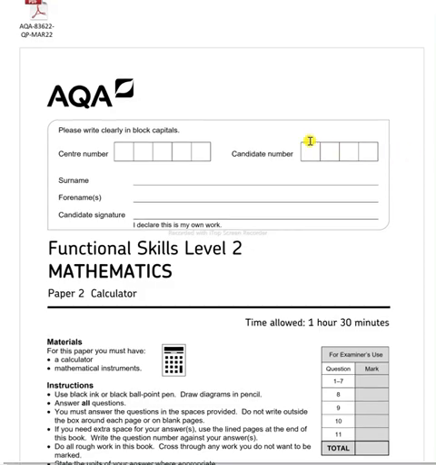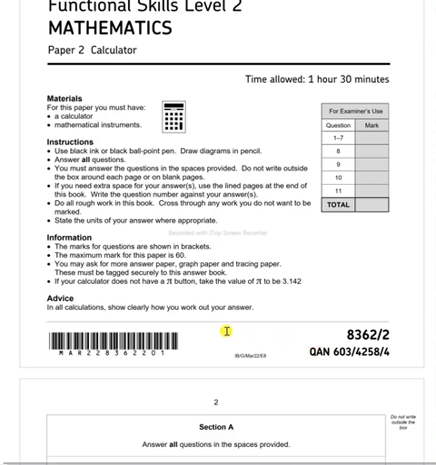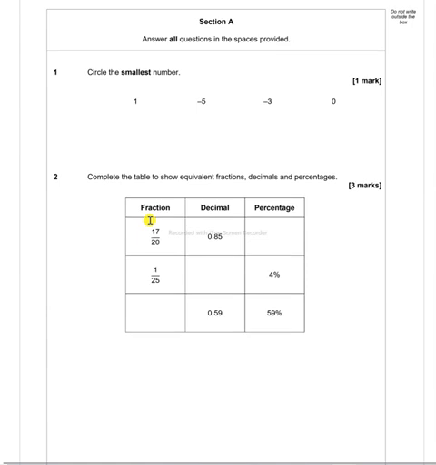Right, I think this is the March 22 paper that we're doing, calculator paper. So what it does, it says circle the smallest number, so it'll be -5. Right, when you go from there to there, calculator from there to there, just multiply by 100 and you'll get 85. So just remember, whenever you go from a fraction or a decimal,